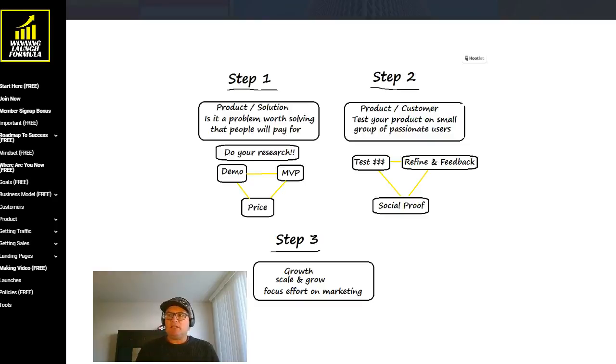Hi guys, now this one's going to seem a little bit counterintuitive, but basically I want you to focus on having a three-step process to your launch or to your product or service and to your business. Now the first is, do make sure initially that you focus on the problem, okay, the problem and the solution,